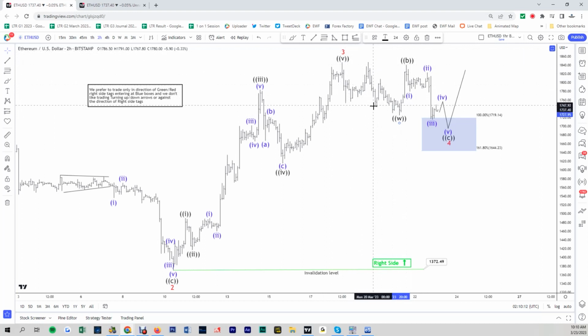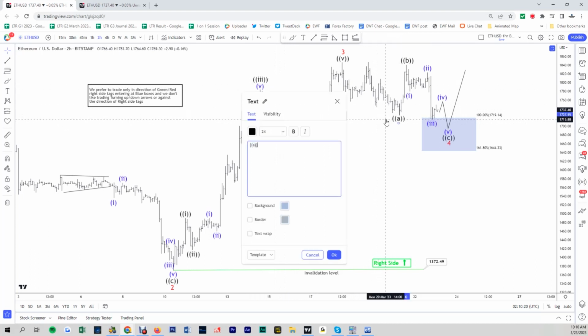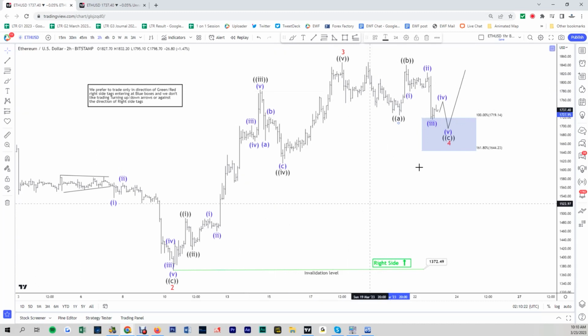So from here to here is W in a lower degree in blue, and this is X in blue, and this is Y in blue, right? But for now we are calling this like it is, with another possible move for wave 5 to finish the C leg, and then from this area that we highlight in the blue box, we can then extend higher again to a new high